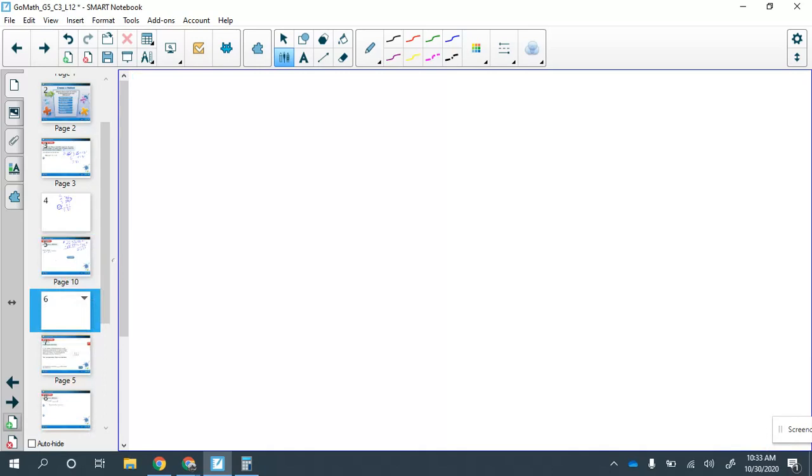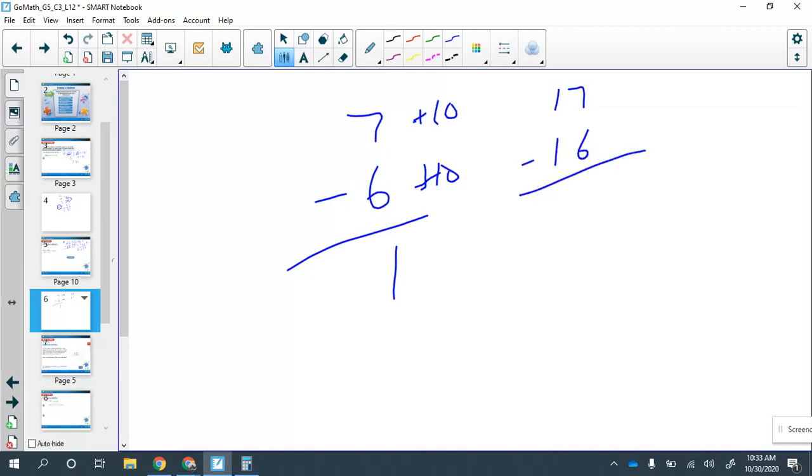And we can kind of look at this idea with whole numbers, right? If we had 7 minus 6, we can easily see that that is 1. Well, if I change both of these by adding 10 to them, 7 plus 10 is 17, 6 plus 10 is 16, and 17 minus 16 is still just 1, right? So as long as we manipulate them both in the same manner, we're going to end up with the same